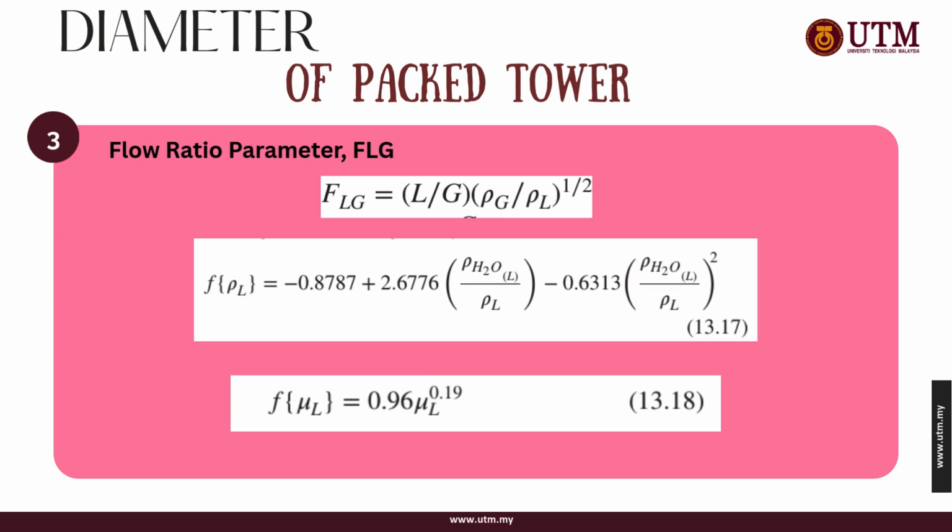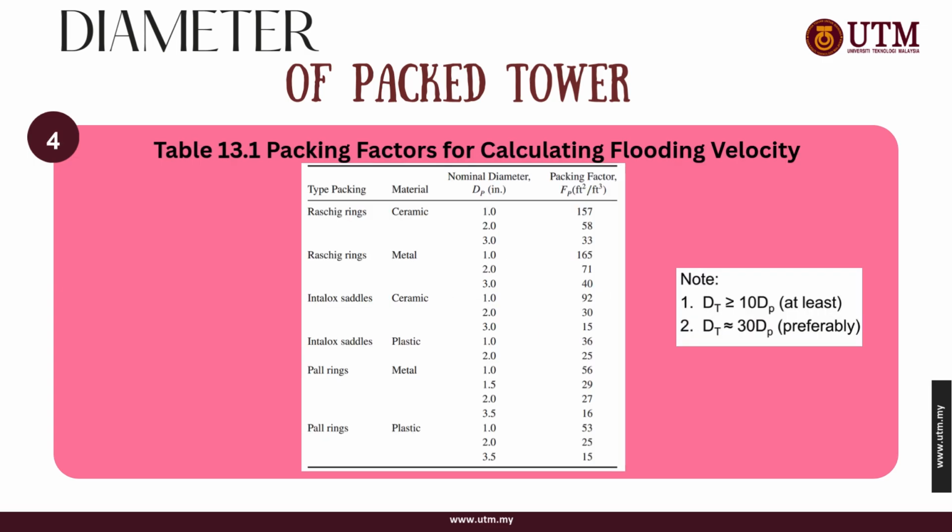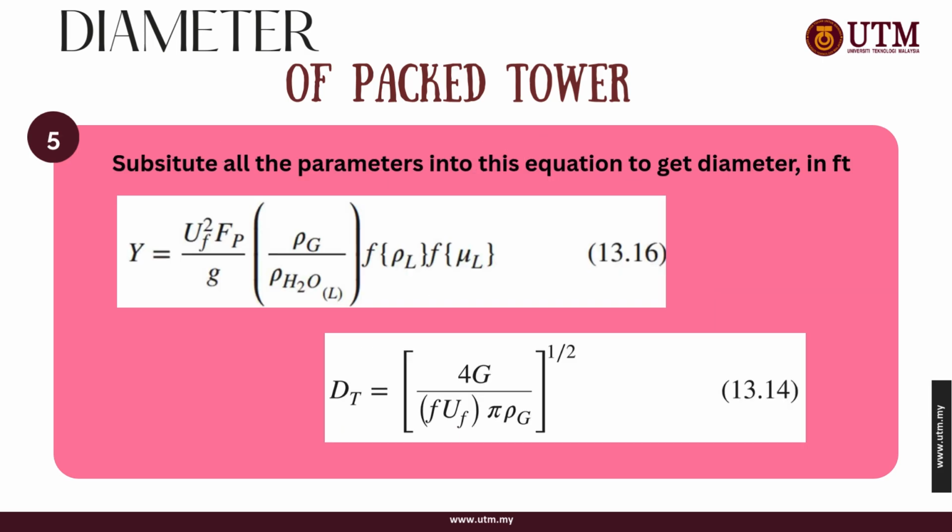Next is the packing factor, table 30.1. Here we refer to table 30.1, which gives us the packing factor based on the type and size of packing used. Common examples include Raschig rings, Pall rings, and Berl saddles, and this factor is needed to find the flooding velocity. Moving on to the last step, we're going to use the Leva correlation and packing factor to calculate the